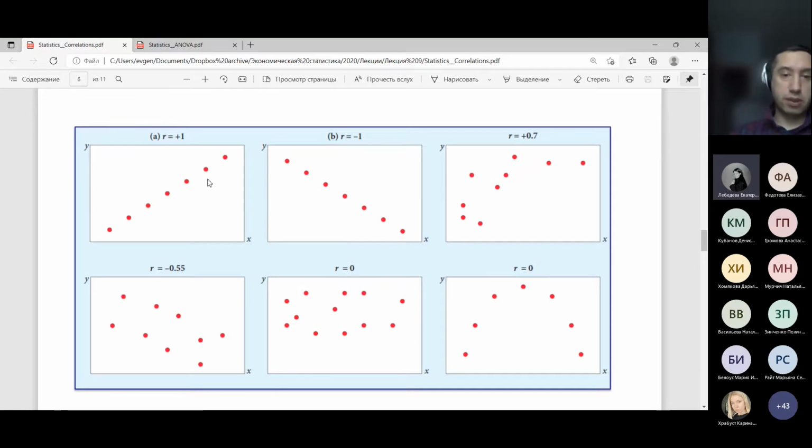But often we need to find correlations between two different variables. And in this case, we can get a case like this. It is a linear decreasing correlation, and look, the correlation coefficient is -0.55. Well, what does it mean? It means that we have a negative relationship between y and x. Or in this case, the correlation coefficient is 0.7, it is positive, there is a positive relationship between y and